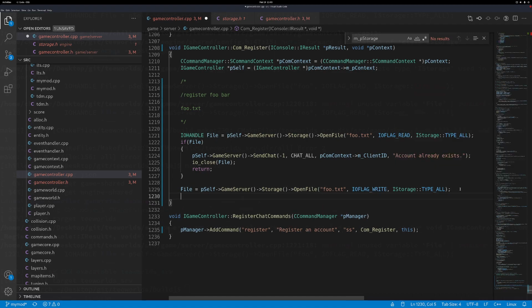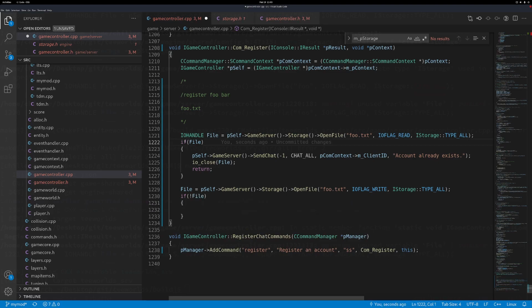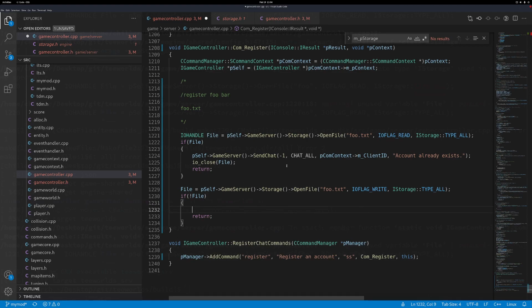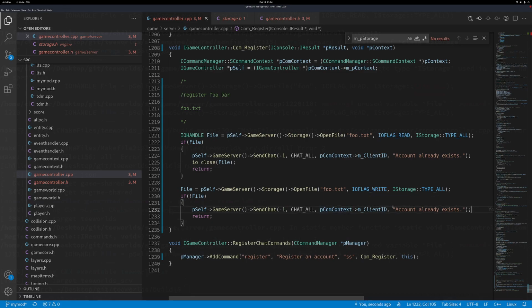Okay, then we want to check if it manages to open it for writing. This time we check !file, not file. Here we check if it successfully opened it for reading, and here we check if it unsuccessfully opened it for writing. Note the exclamation mark, which is a negative operator, so if the file is not true, then we yell at the user again with some error message. So we use the return keyword because something went wrong with opening the file. So we copy the chat message line here, and instead of saying account already exists, we say something